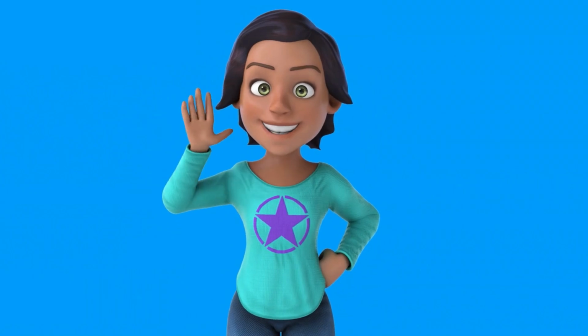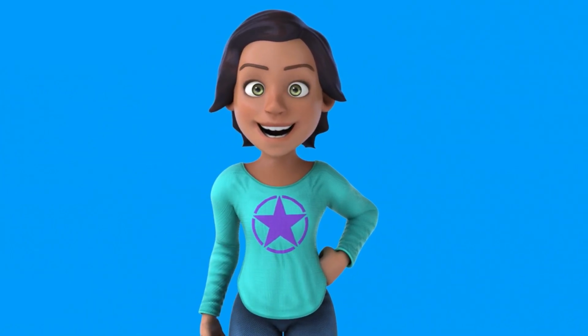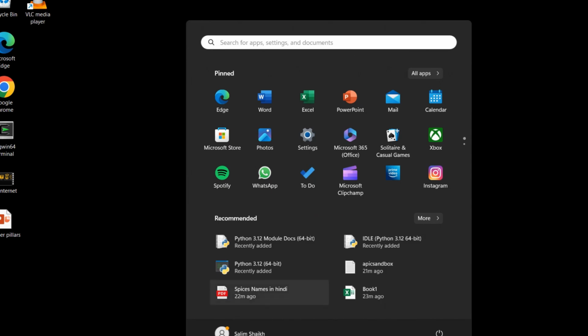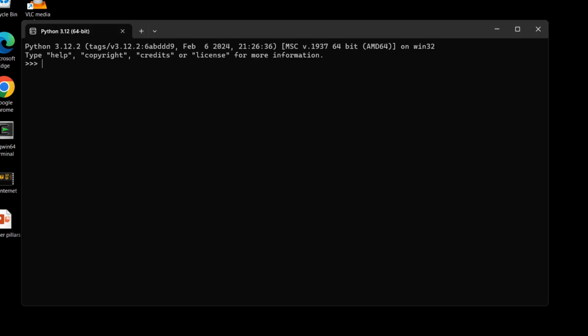Hi kids! Now we will start with our first program of Python. It's a very small and just a one-line command. I will click and open Python and you will see the Python version, and this black screen is the Python